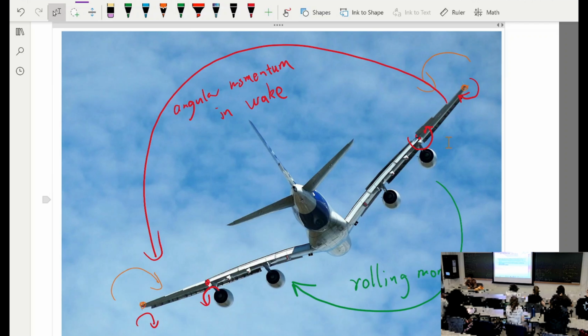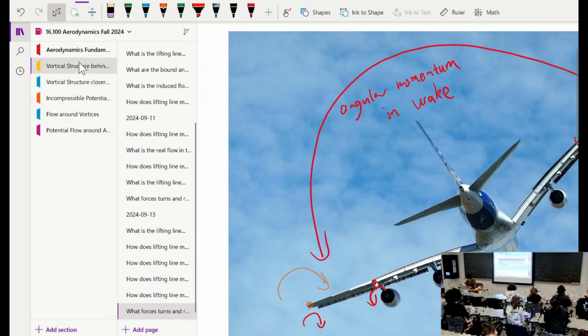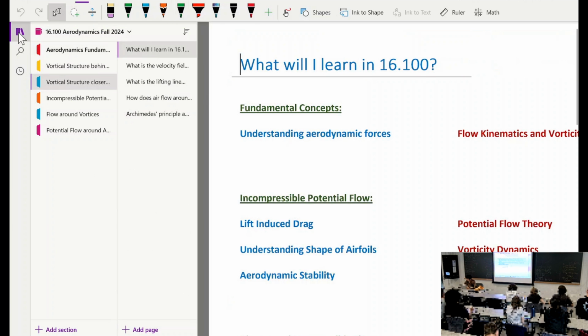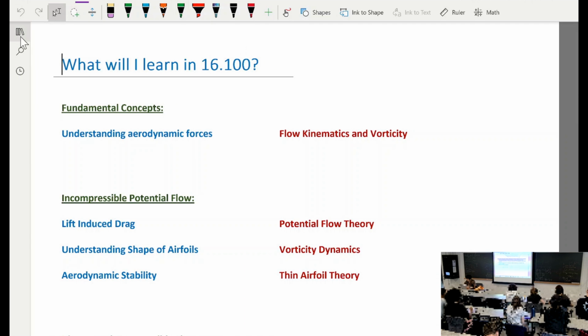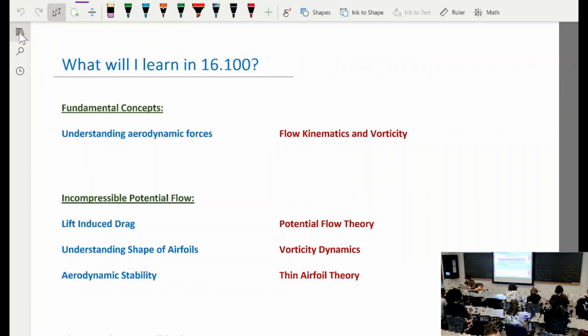Okay, so let me just say it here. Sectional lift is basically lift per span-wise distance. Okay, it is equal to how much momentum we get. Basically,